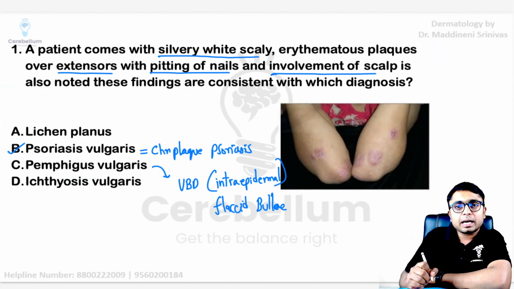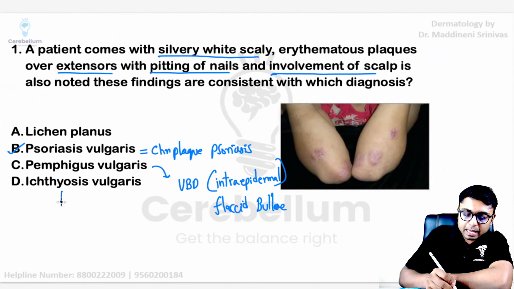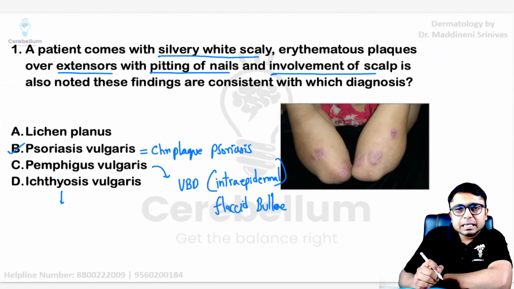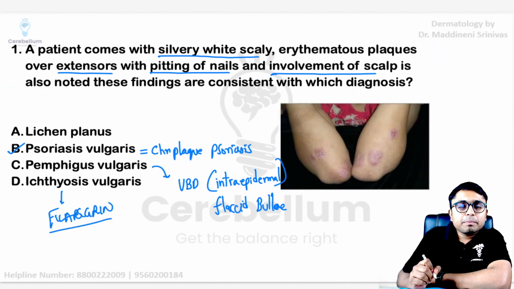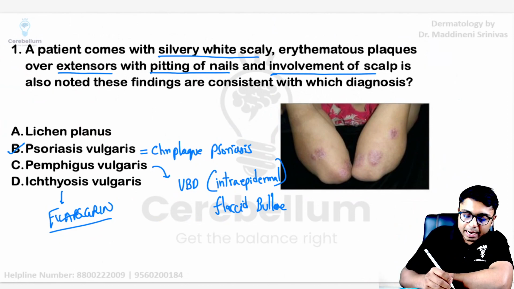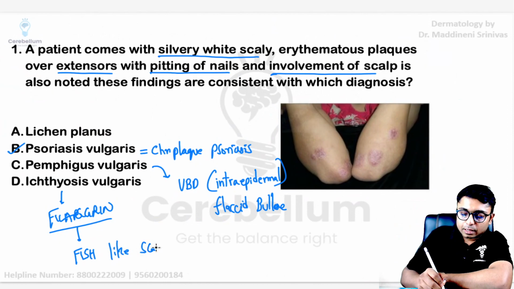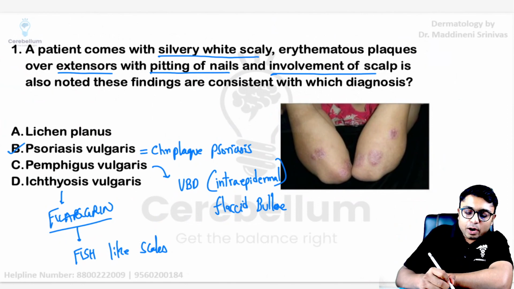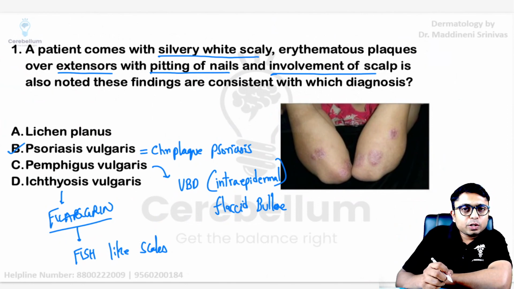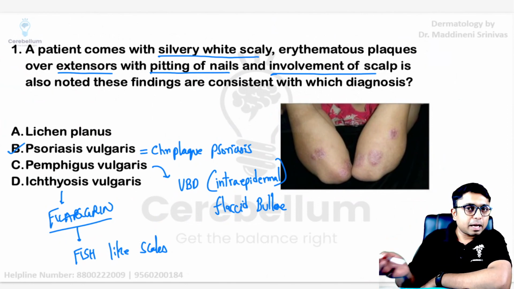Ichthyosis vulgaris is a condition where there is a defect in the filaggrin, which is a filament aggregating protein, and because of which there is skin manifestation in the form of fish-like scales over the extremities. And option A, lichen planus, we are going to see the manifestations in upcoming slides,